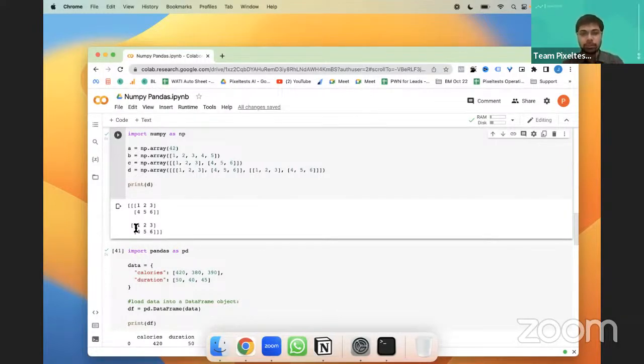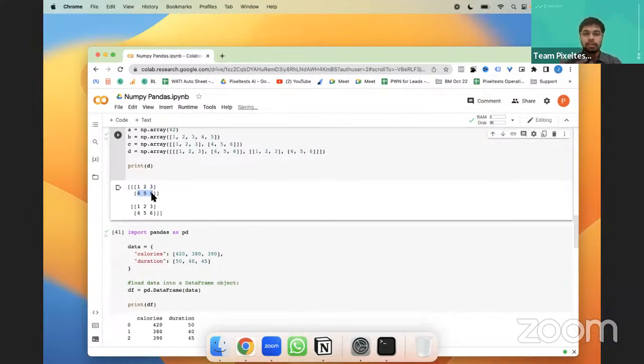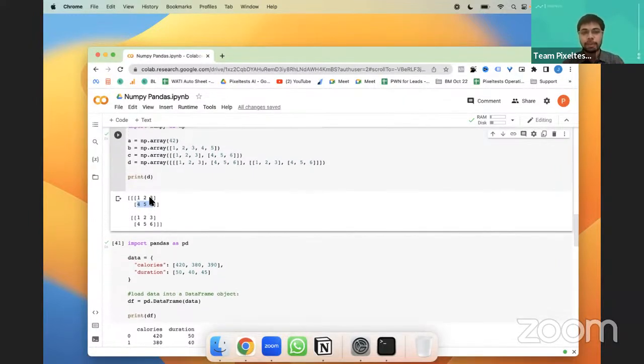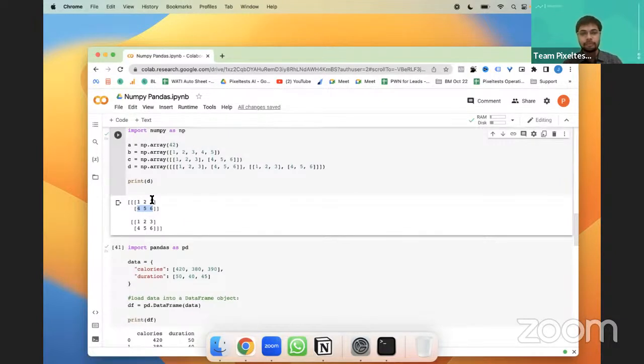So it's a 3-dimensional one, right? If it was only 1 to 3, it is just one single row, which is a 1D array. When you have two rows in it, it has become a 2D array. When you have another layer, it has become a 3-dimensional array, right?